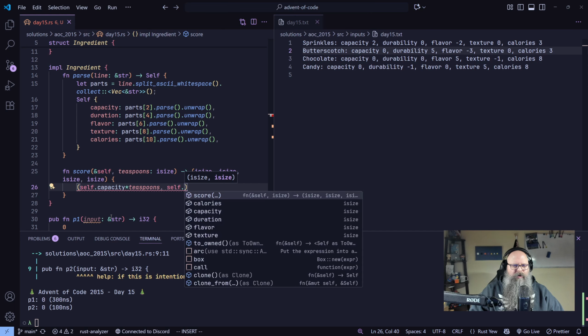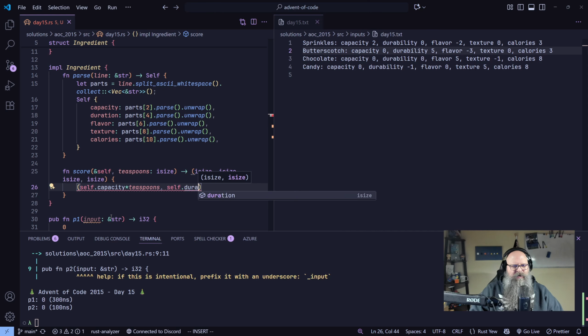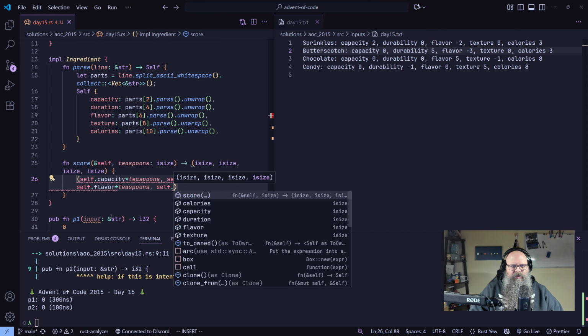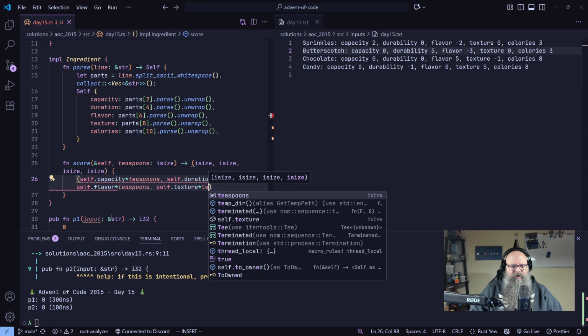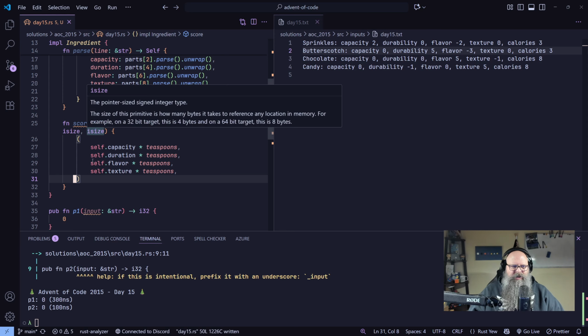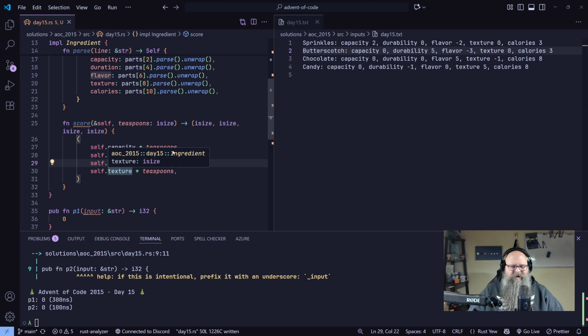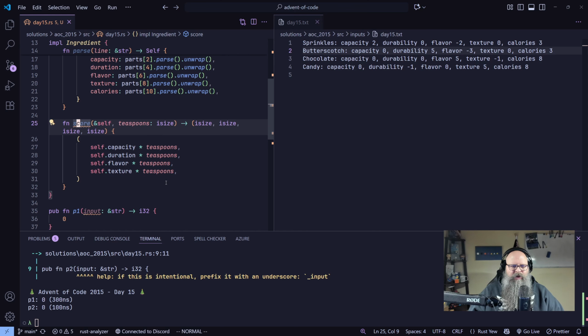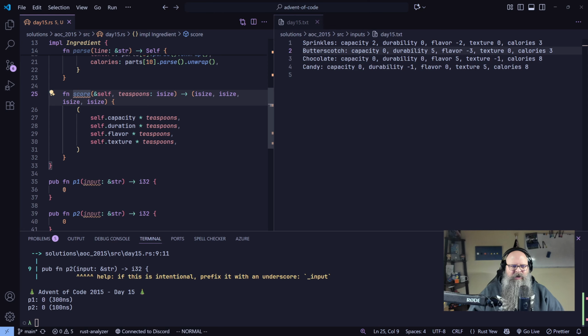So we return capacity times teaspoons, duration times teaspoons, flavor times teaspoons, texture times teaspoons. I don't know how helpful this will be, but we'll use it. Okay, so now I can parse it and I can return a single score for that flavor. So again, for part 1,